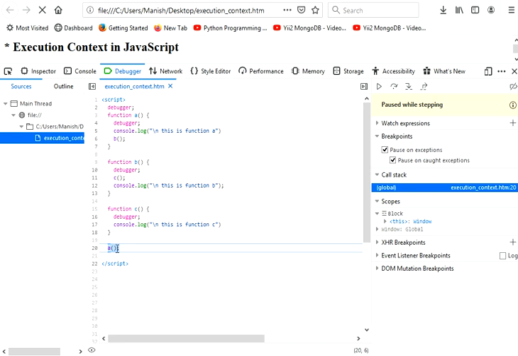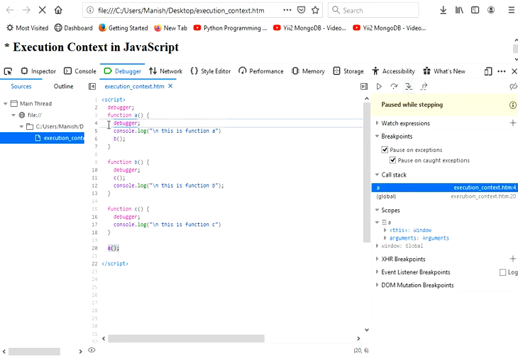So once we are calling function A, the control will be moved to function A. Let me move next. Now the control is passed to this function definition where we have defined this function.